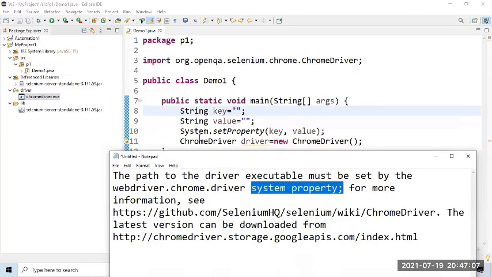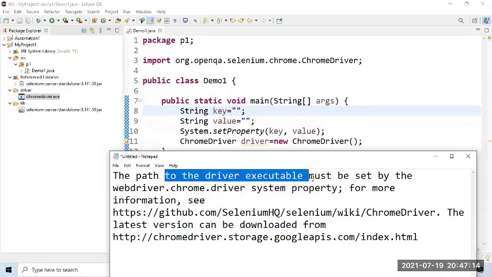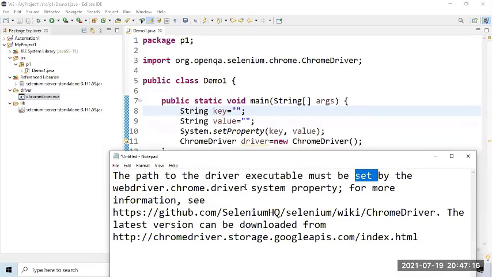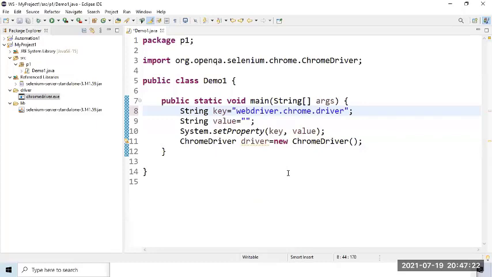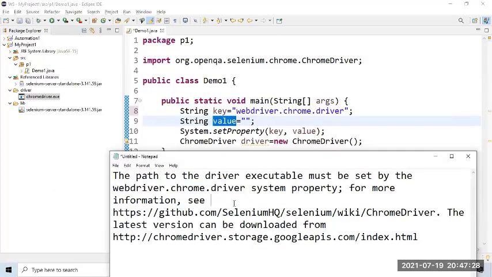That is what the program has written. Why? I will tell you later. Now, path to the driver executable must be set by webdriver.chrome.driver. This is the key they are talking about. Let me put the key here. Can you guess what the value is by looking at this sentence? The value is the path.